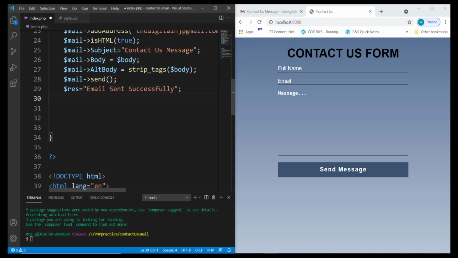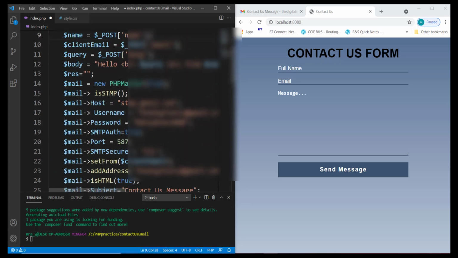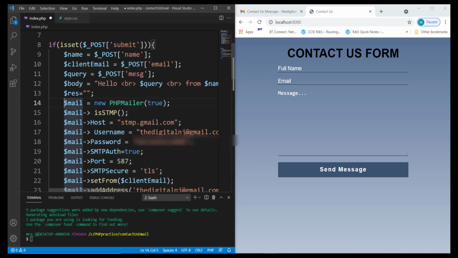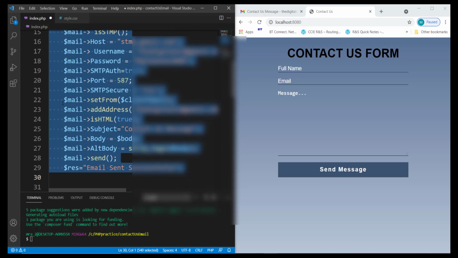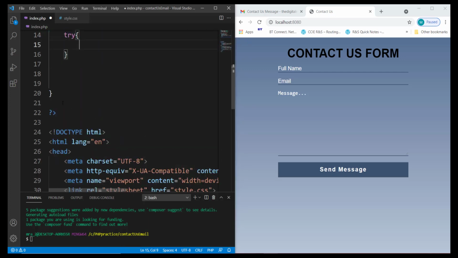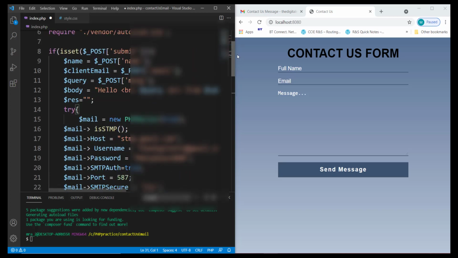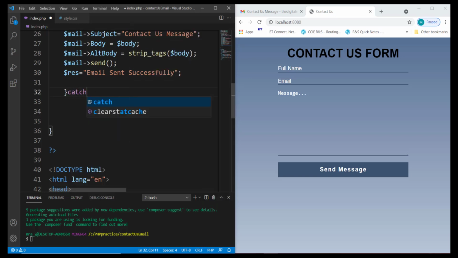email sent successfully. If that is not the case, we are going to get an exception raised, and since an exception could be raised, in that case all the configurations should be put inside a try and catch block. So I'm going to cut it, put a try block and insert it back. Now here let's put a catch block,